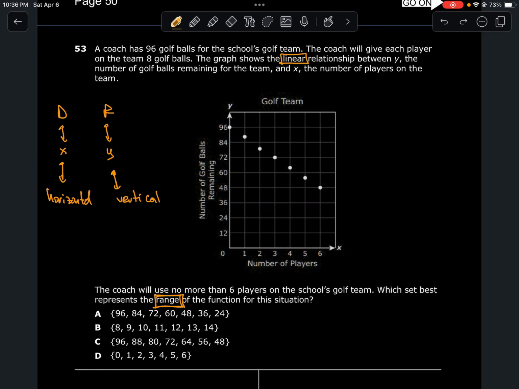So here is a discrete function. It's not continuous, so each point projects separately. Let's start with that point. When I project on the y-axis, it stays where it is at 96. This one goes between 84 and 96. That goes between 72 and 84, exactly at 72, more than 60, less than 60, 48, and that's it. So the range